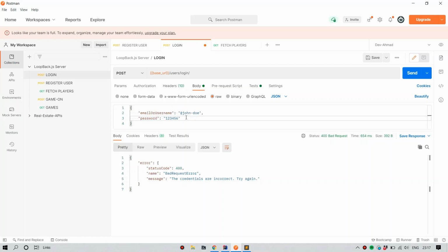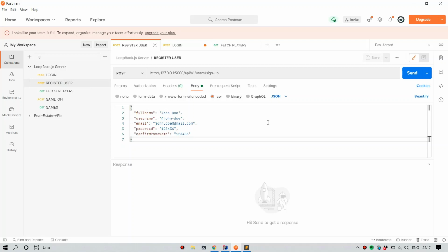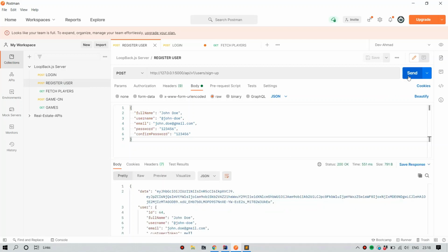Okay, now to take this further, Postman allows us to write pre-request scripts and post-request test cases. We can use this test feature, the post-request test script, to run our own custom script to chain together a couple of requests, or maybe set the environment variable after the response has been received. Whenever the login response gets received, we receive a JWT token, right? Usually what we do is this. Let me show you. For example, let me just register a user. Registered user, right? Now we got back this token.